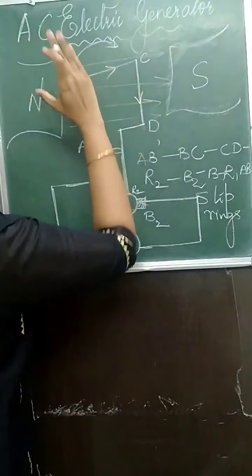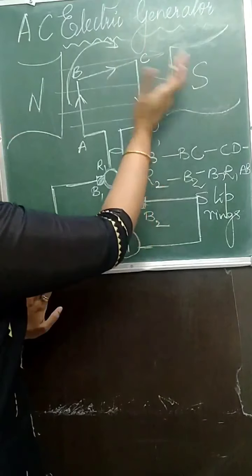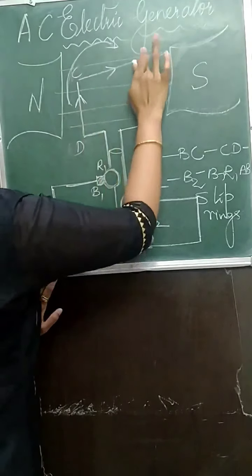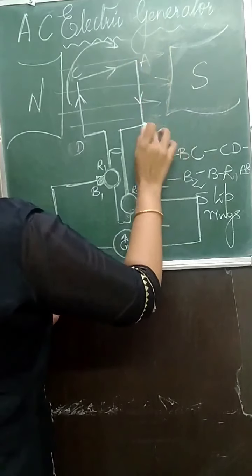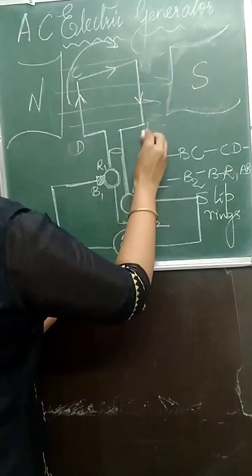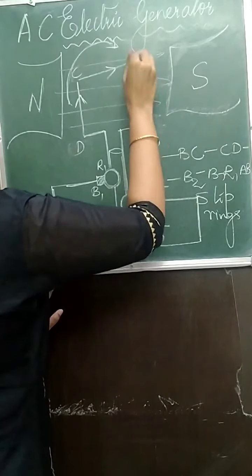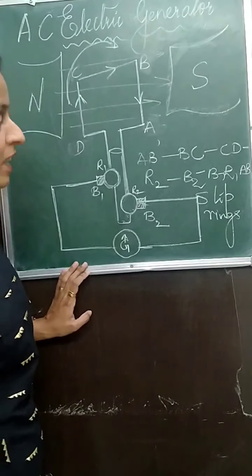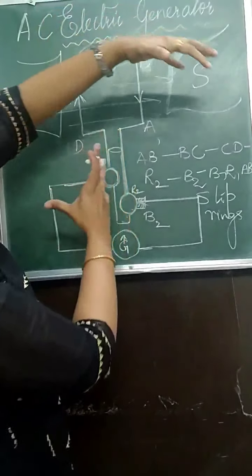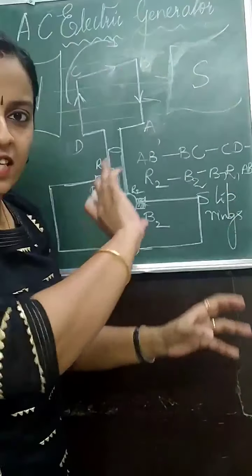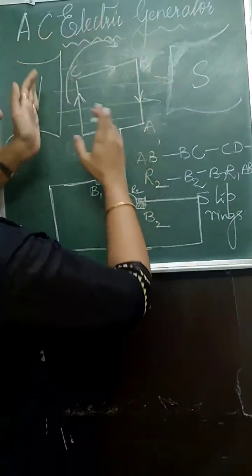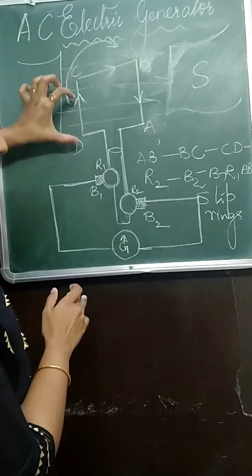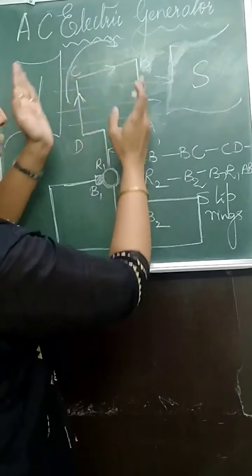what will happen is AB's place will be taken by CD. So we will change the names. Here I will write CD and here we have AB. After half a rotation, this will be the C. Now, the motion is always the same, clockwise direction only. The axle is moved in the clockwise direction. So the motion inside will be DCBA. For DC, the current will be in the upward direction. Now, when the coil moves,